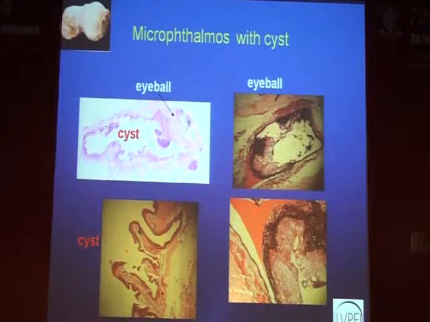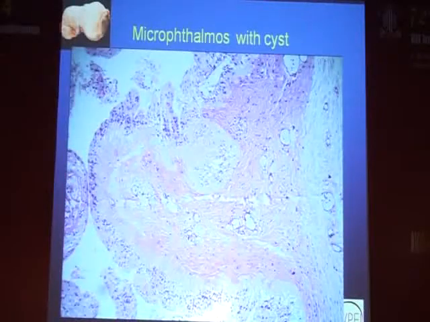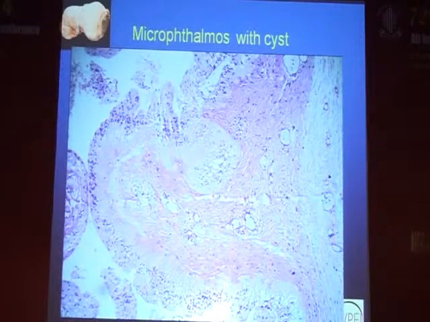When we are seeing, it's a small malformed eye here, and this is a large cyst which is sitting posterior to the malformed eye, and this malformed eye has hyperplastic retinal pigment epithelium, and this is the cyst which is sitting posteriorly, and this cyst is actually lined on the inner side again by the retinal tissue, and on the outside by dense collagenous tissue, which looks like sclera.